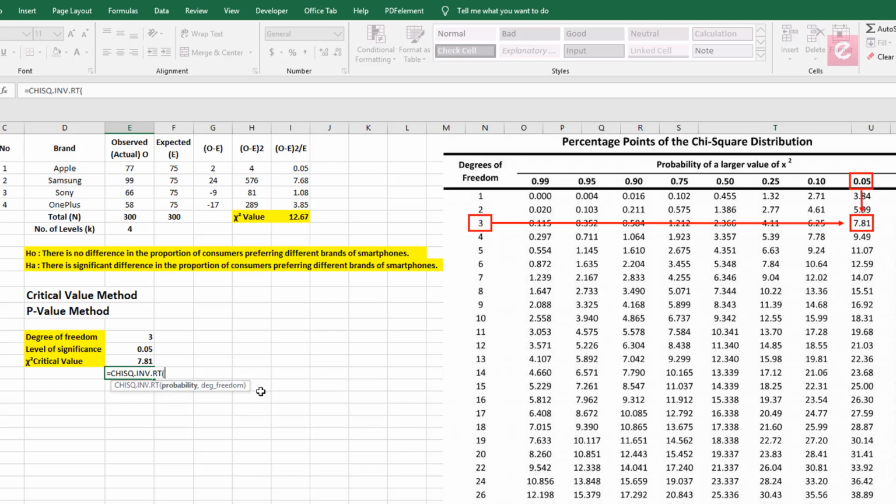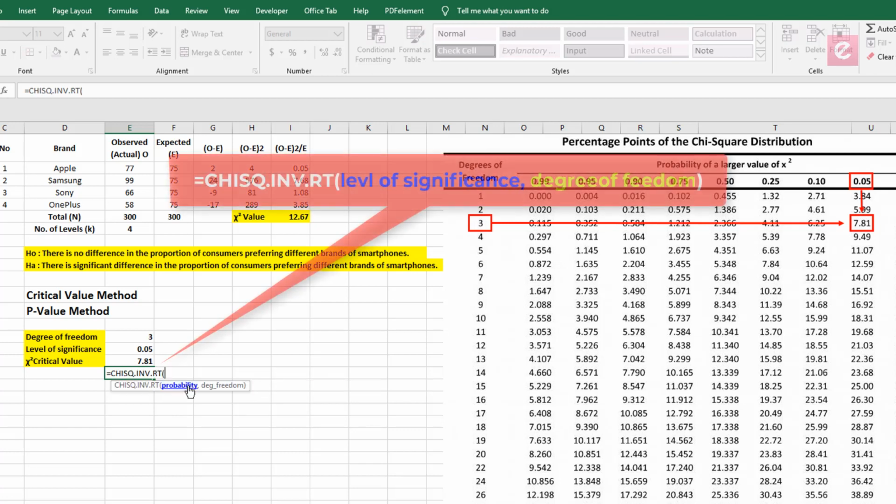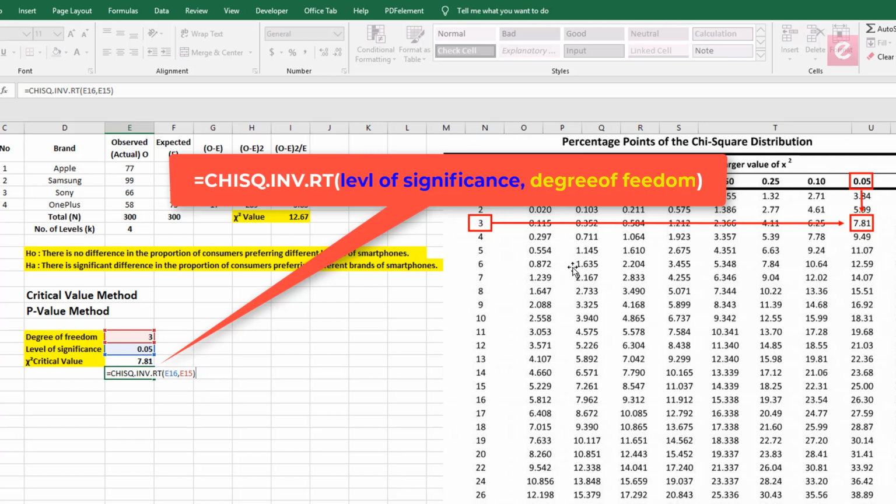So the first is the probability value, that is 0.05. Second is the degree of freedom. Two parameters. Close the bracket, press enter key. The same as the critical value. You got it? Use it. 7.81. You see? You can find out the chi-square critical value by applying the equation